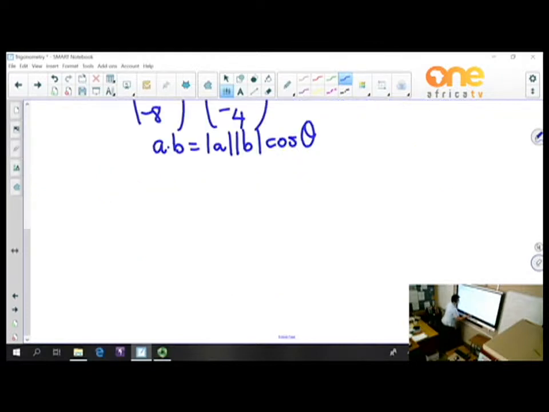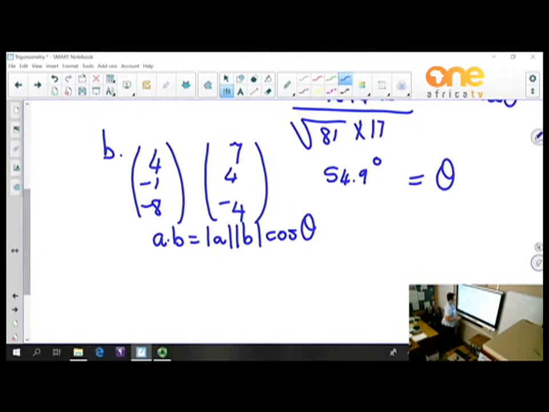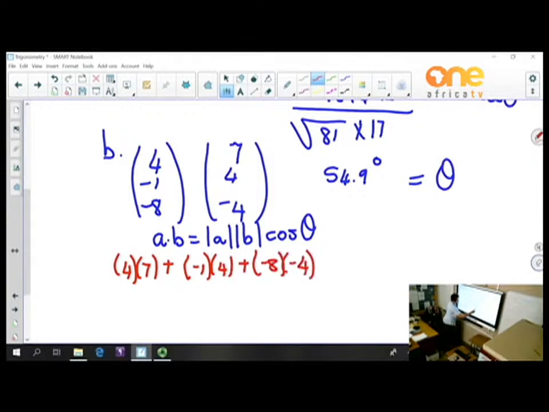Every time, that one formula that we are using. Right, what does A dot B mean? i·i, so 4 times 7, plus j·j, negative 1 times 4, plus k·k, negative 8 times negative 4, is equal to